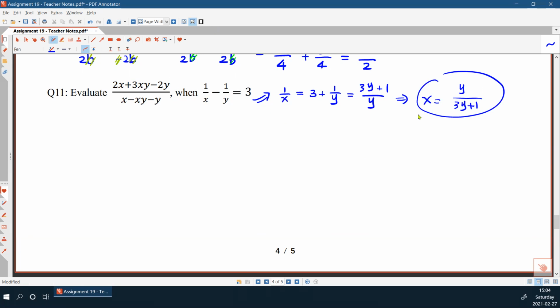But by using this method, you will see that the computation here will become very complex, right? So is there any better way to do it? Okay, so method one, I'll not write method one. I'll leave this for you after the class. If there is any better method to solve this question, remember that here you have 1 over x and 1 over y, right? So to solve this,